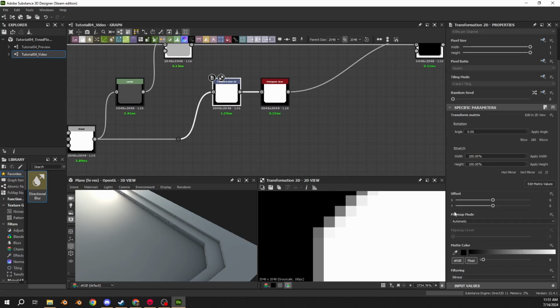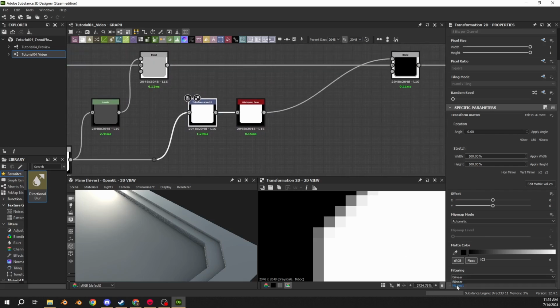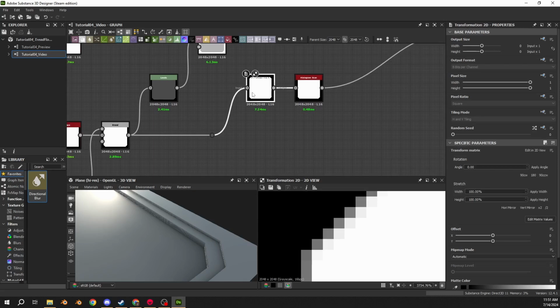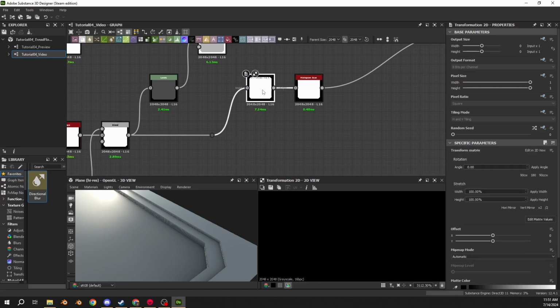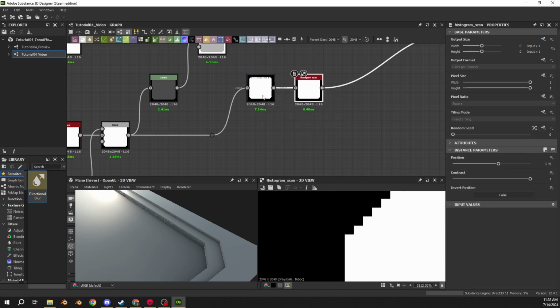So there's an option here that I think we covered in another previous tutorial that you can find in a tile sampler as well. This option called filtering. By default it's filtered by linear, but if you change it to nearest, it gets rid of that. But the problem with this is that if we look at the original, it does alter the shape a little bit. Obviously that's from the 2D, but